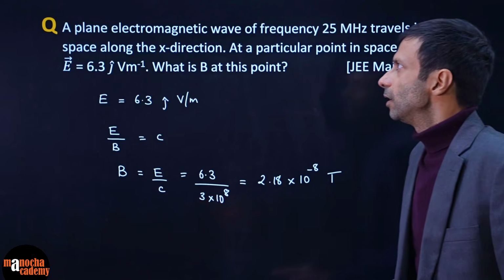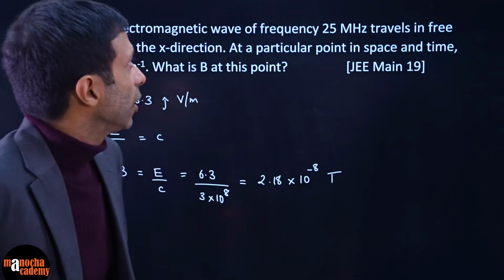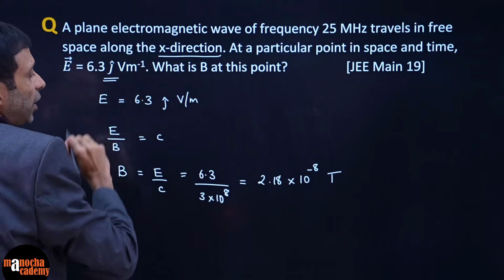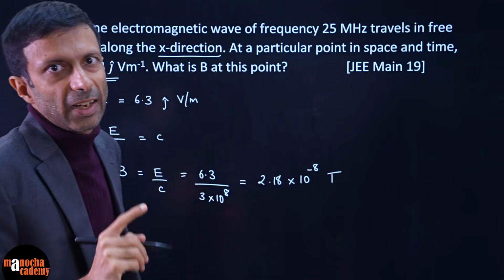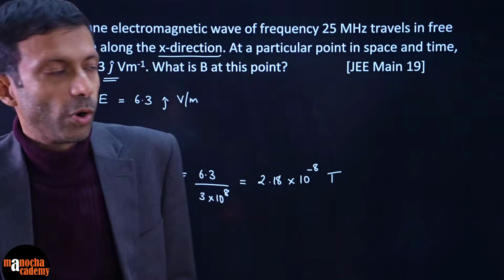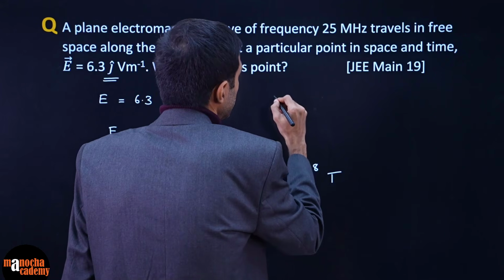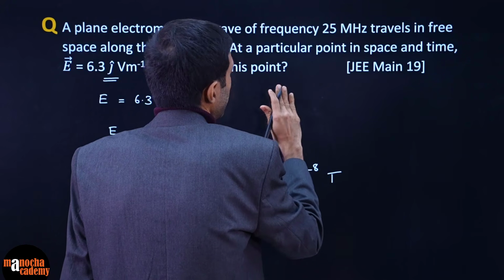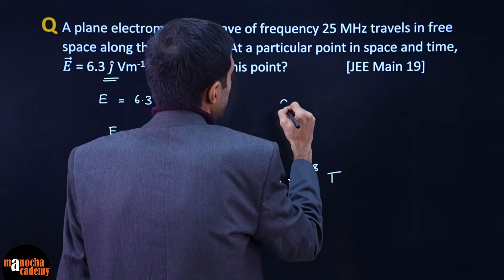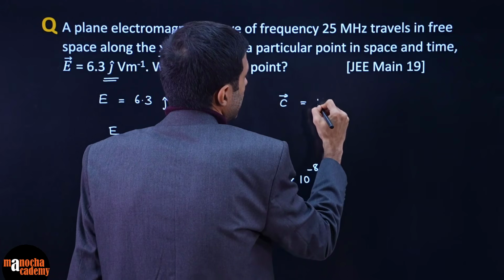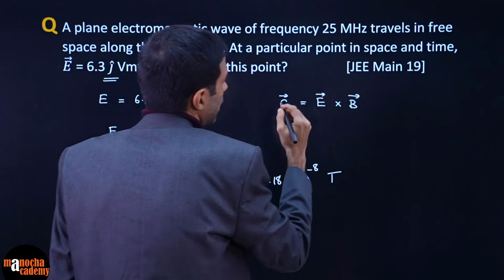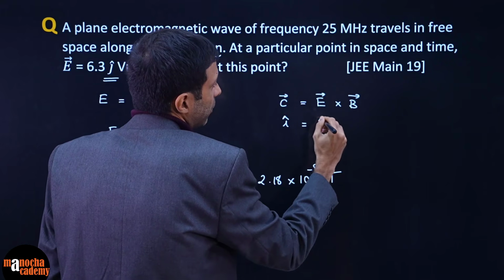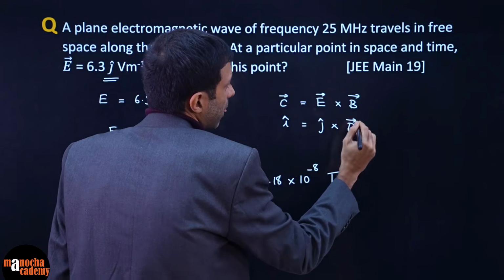But one important thing here, they also tell us that the wave is going along the x direction. Electric field is along the J. So can you give me the direction of the magnetic field? Try it out. So what do we know? We know the wave direction, or you can say the wave velocity, and here it is in space, so it will be basically C cap is E cross B. Here they have given you this is along the x direction, which means I cap. This is J cap. Cross, you have to find this.